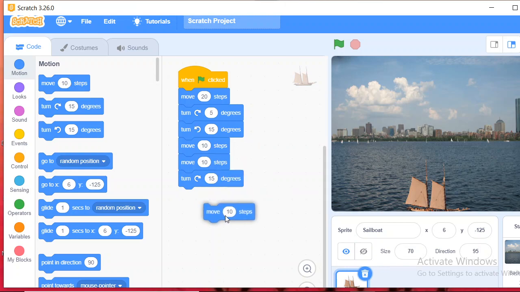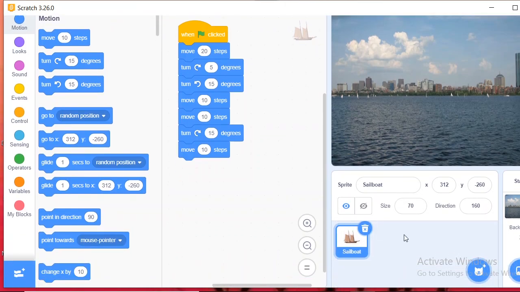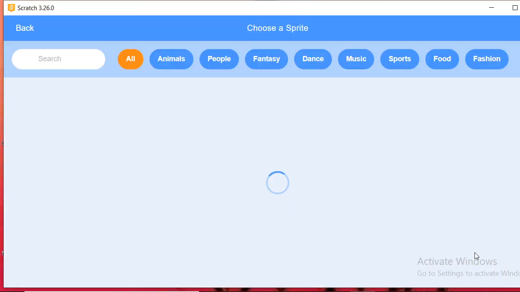Again move. Like that we can make that sprite move on the screen. Okay. Not only one, we can add more sprites and we can apply more backdrops also.